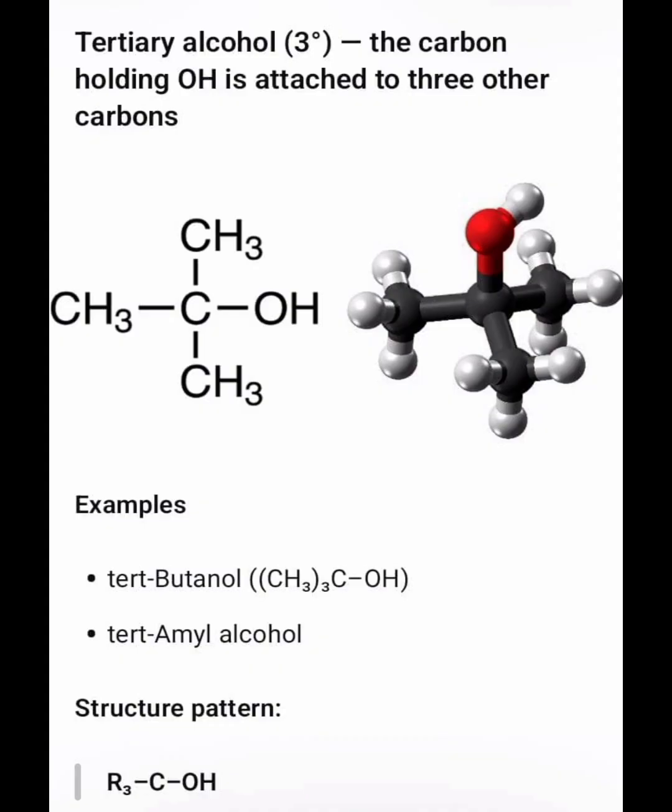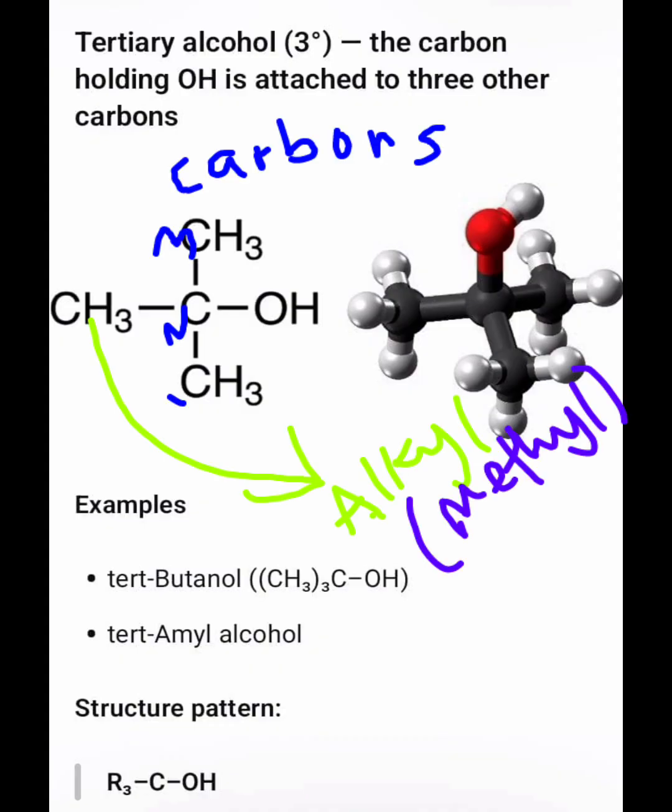Now, tertiary butanol, look closely, is a third degree or tertiary alcohol because the carbon holding the hydroxyl group is attached to 3 other carbons. It's called tertiary butanol because in a straight chain you have 3 carbons, then at a branch you have a methyl, which is an alkyl group. So it's tert-butanol, or if you like, you can call it